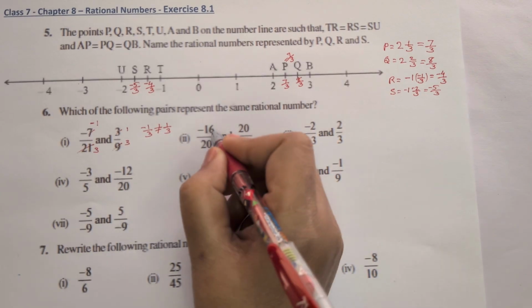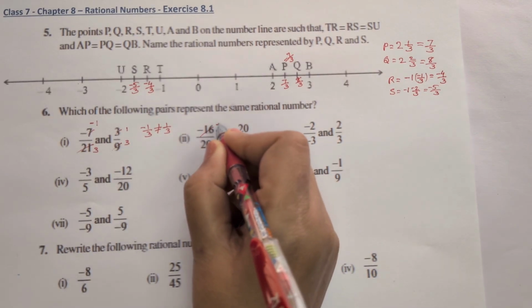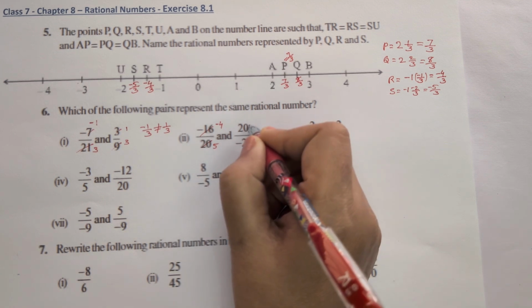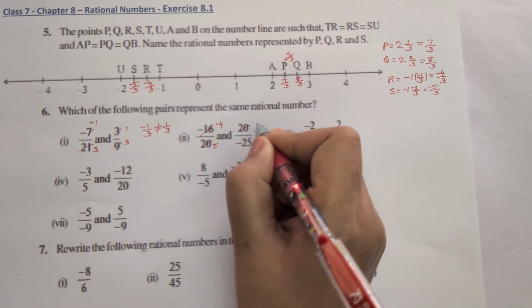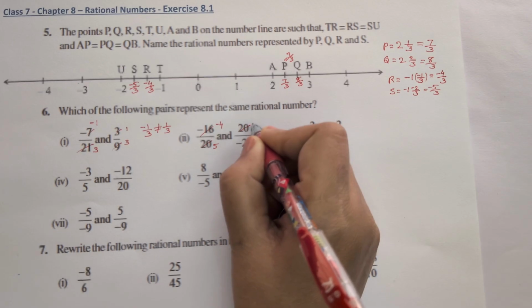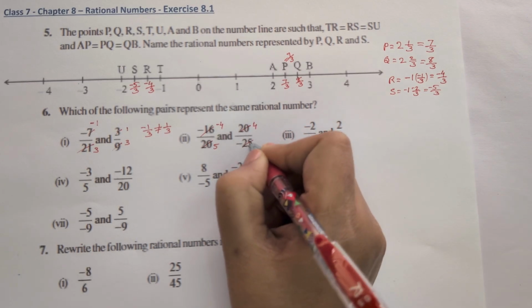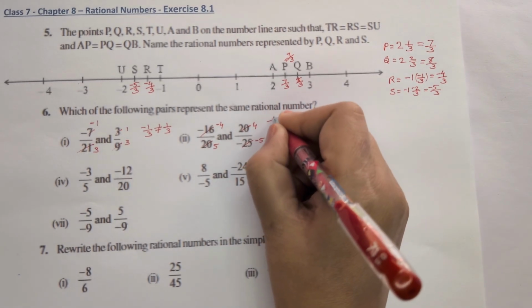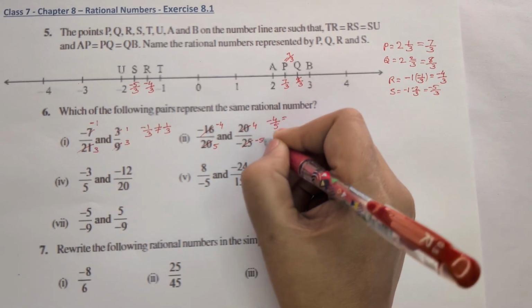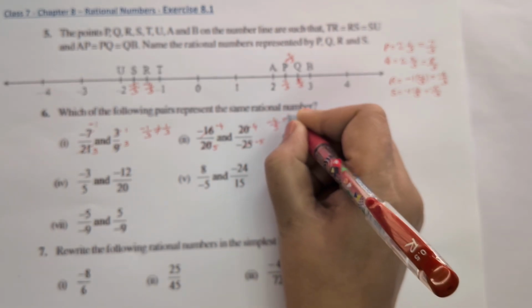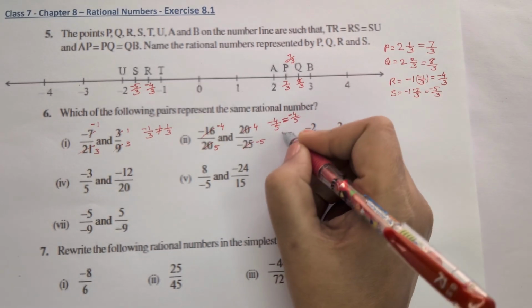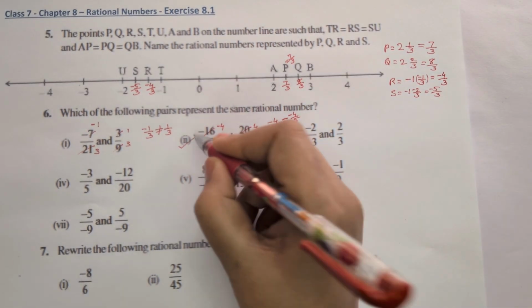Here when we are simplifying, divide by 4. It will come as -4 and 5. This one dividing by 5, sorry. Here 4 times and here -5 times. This we can write as -4 by 5, which is equal to, this minus sign we can put there in the numerator, same as that, -4 by 5. So these two are equal. Same rational numbers. This one is same rational number.